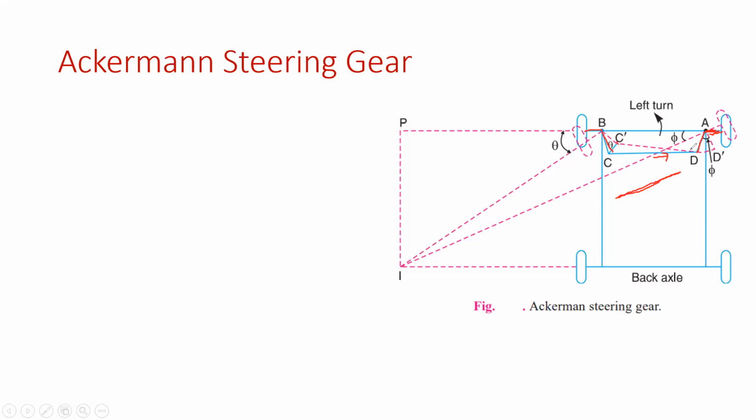Okay, so it is a very simple mechanism, 4-bar mechanism it is. Because of its simplicity, it is mostly used in automobiles. It doesn't have any sliding members, so no problem of wear and tear. Construction is also very simple. But what are the disadvantages of Ackermann and how they are overcome? We will also see that. So before that I will show you its